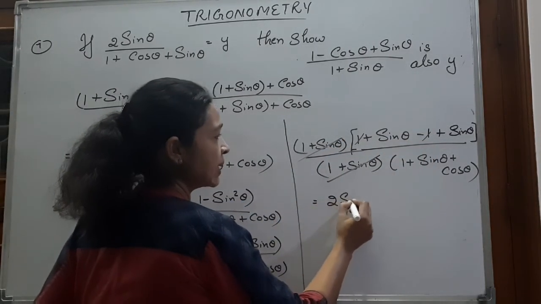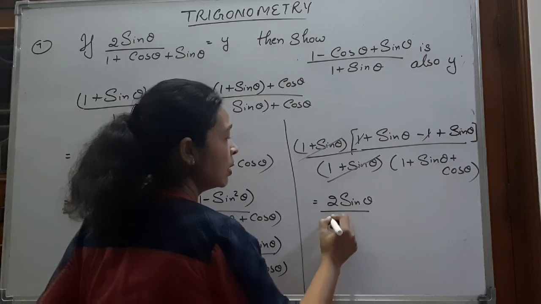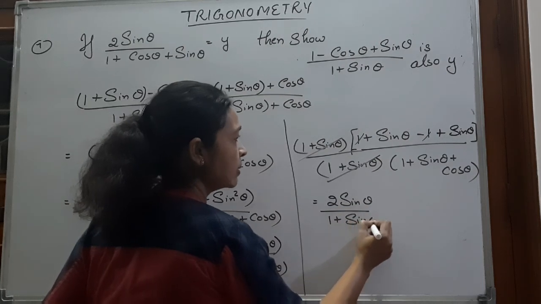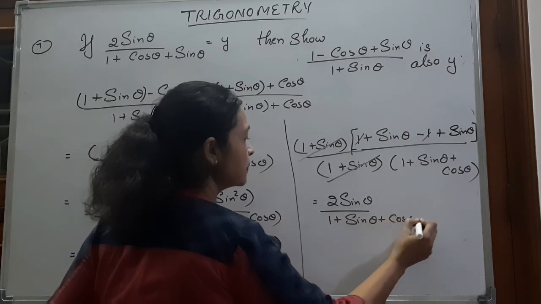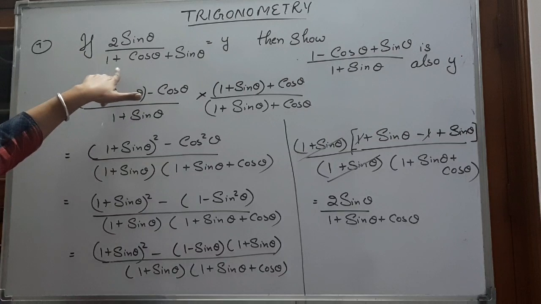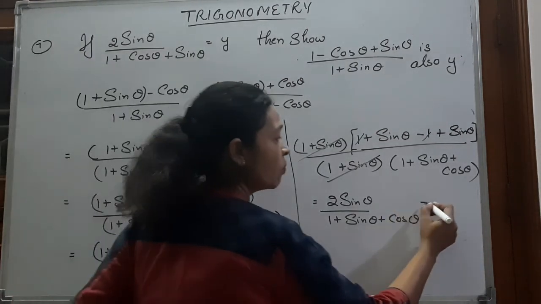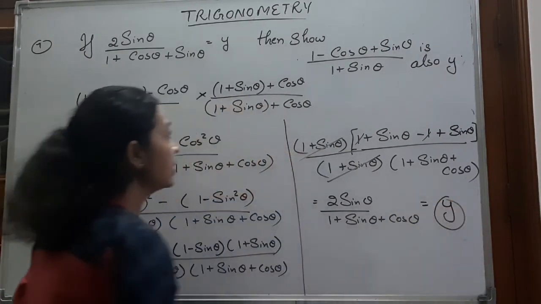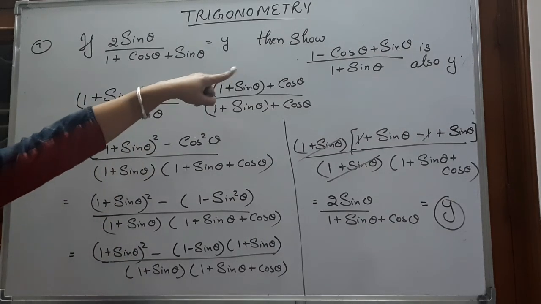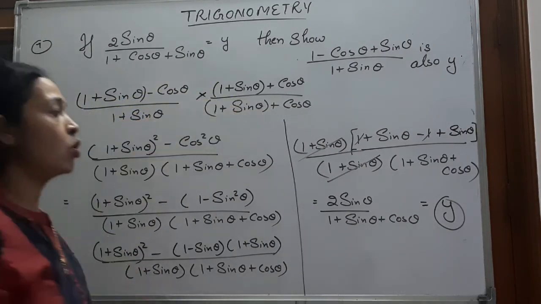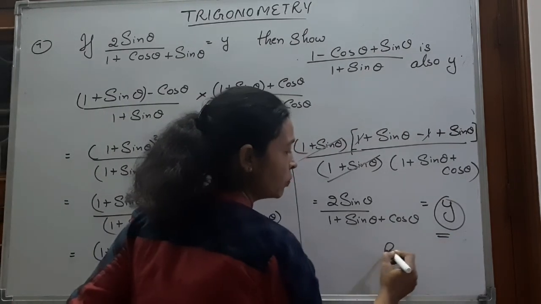So we have 2 times sin theta upon 1 plus sin theta plus cos theta. 2 sin theta upon 1 plus cos theta plus sin theta. This was given as y. We have taken the term, another one. So its answer is also y. So we have proved our